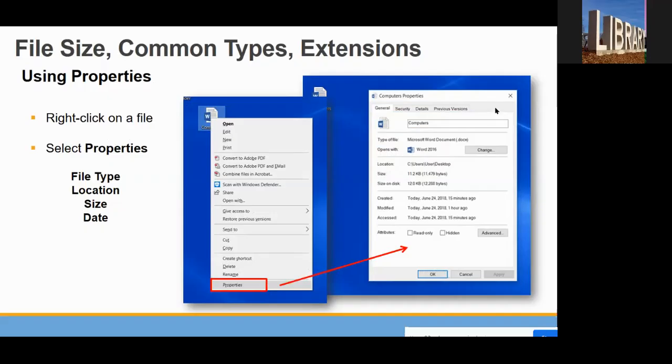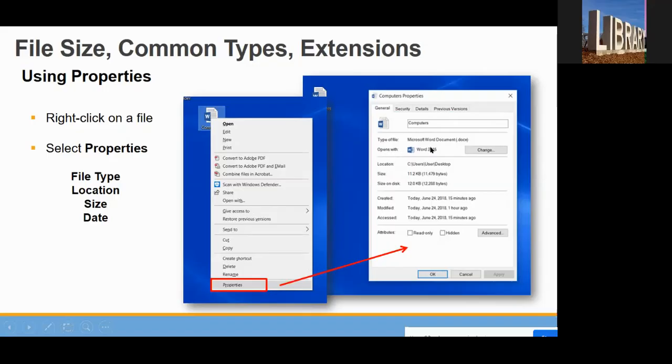You can put your mouse over whatever it is you want to find out what kind of file it is. And you can right mouse click to get the menu, right click is menu, and you're going to come all the way down to the bottom where it says properties. And you click on that once, and a little box will pop up, and it will say, this is the type of file, Microsoft Word document, .docx. Opens with